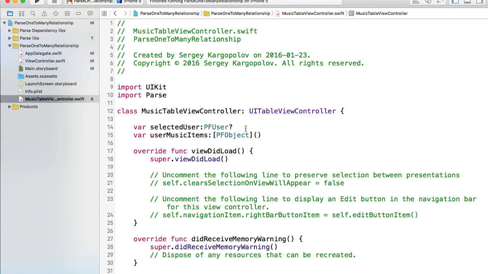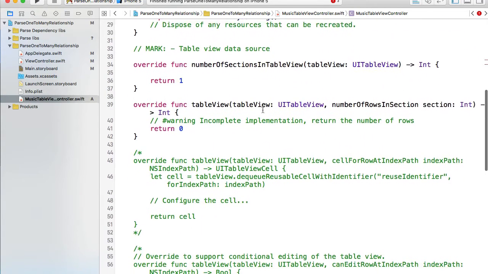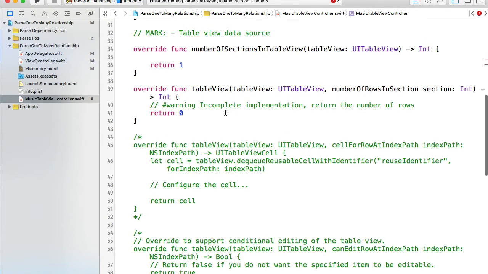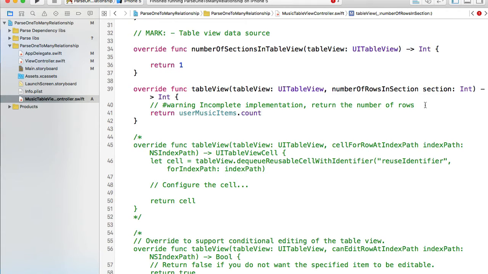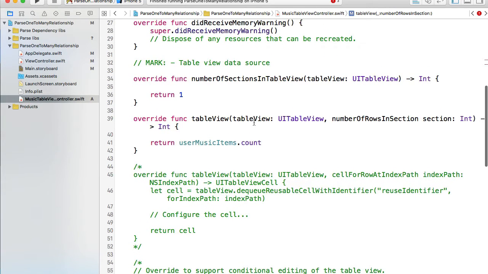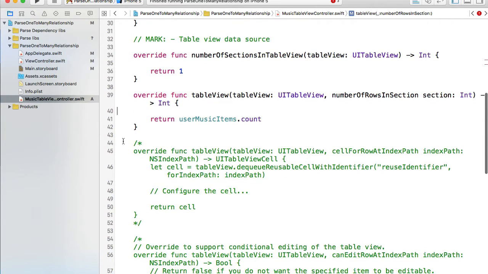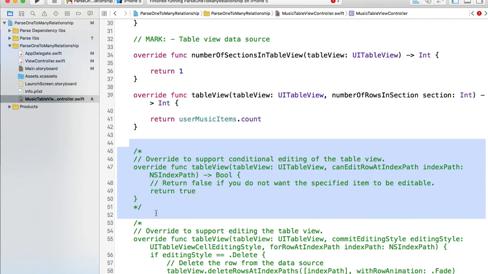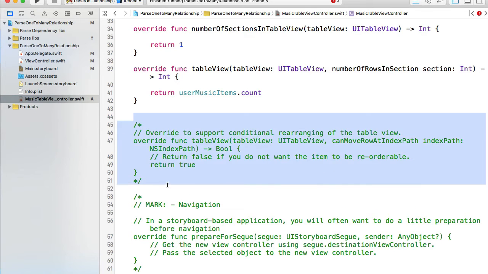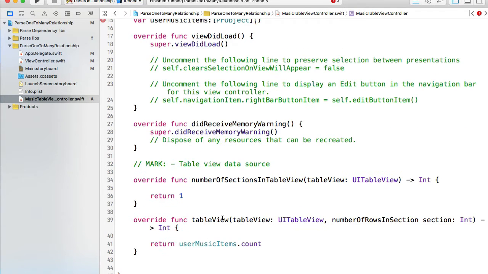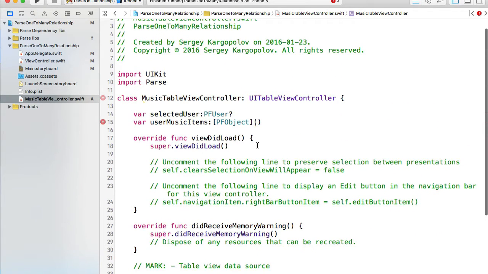It's going to be an empty array of PFObjects, and when I now go to my number of rows in section, I will need to return a count for this function, and I can remove the warning sign. Now I don't need all of these functions here because I'm not going to implement them, so I will simply delete them. Okay, and